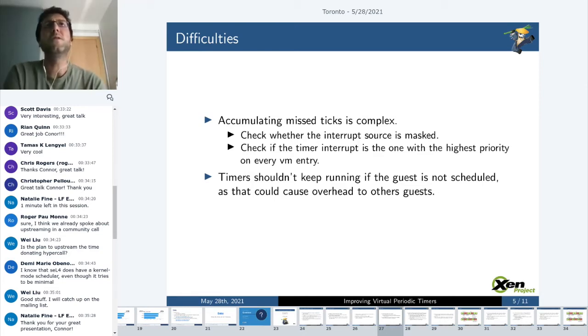When attempting to fix the issues detected, there are several constraints that have to be taken into account. First, there's the logic with accumulating missed ticks, which is quite complex. We need to check whether the interrupt source is masked and if the interrupt can be injected. It also seems like the currently implemented logic to accumulate missed ticks when the source is masked is wrong, since it should only accumulate them when the guest is preempted. In any case, a fixed version of the missed ticks logic needs to be preserved in order to not break OSs